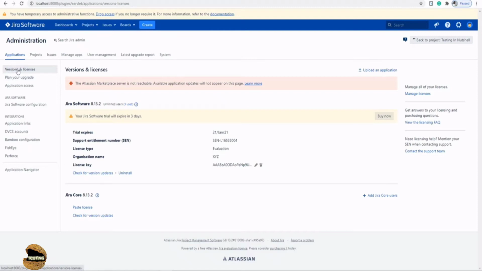The very first segment is versions and licenses, where you can find the details about all your licenses and the versions of the different components and products of Jira which you are using. So right now, if you see in my instance, I have Jira Software installed here, and there's also Jira Core installed, but I have not used any licenses for that. Until there is a license available, you will not have all the other details visible for a Jira Software instance here. Now, of course, you can definitely have many other applications here, like Atlassian Confluence, Atlassian Crowd, or any other components or products which you are making use of from Atlassian will be listed here. And of course, you can find the details about that.